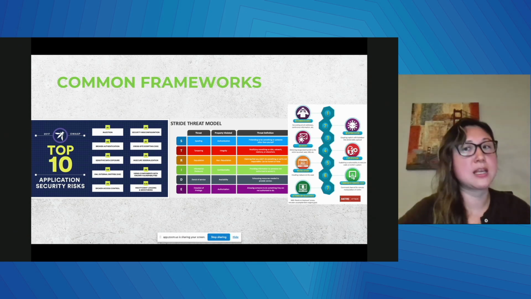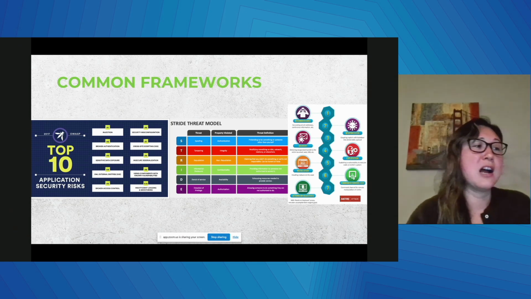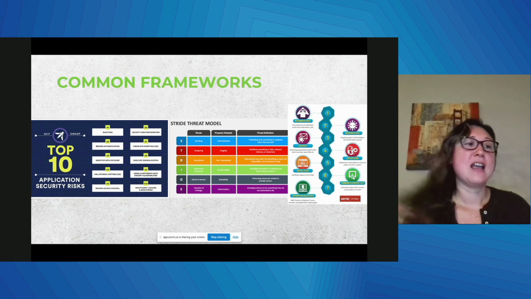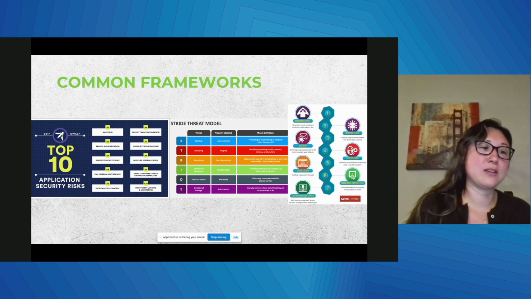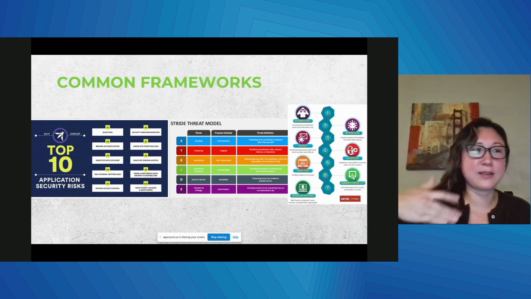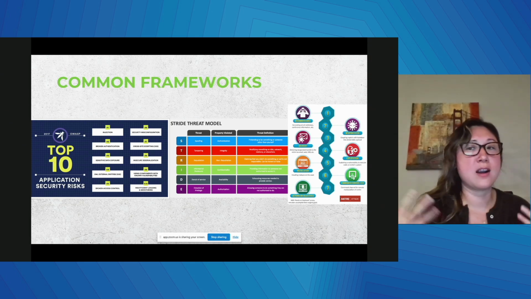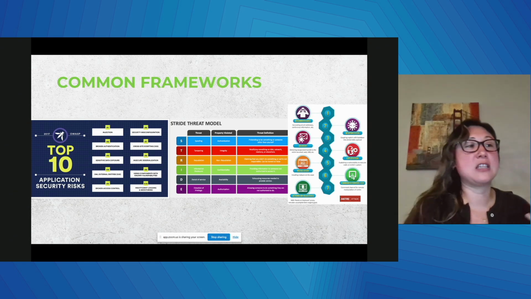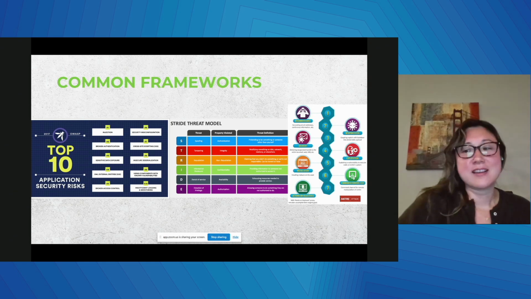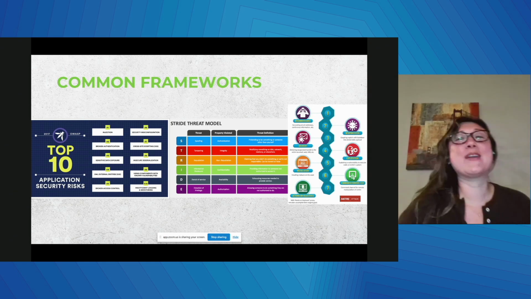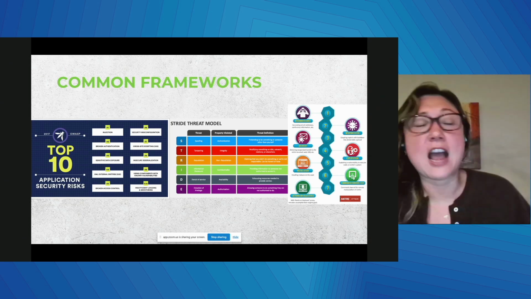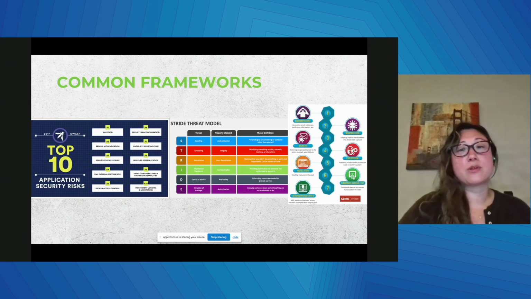And I also use the MITRE ATT&CK framework pretty frequently as well, because that's like the federally funded research and development center from the US government. And it is one of the areas of research in cybersecurity to create this amazing framework. And a lot of the customers that I actually also work with are in the government space, and they like to use MITRE ATT&CK. So it really depends on what you're building and what kind of framework to use. And I would absolutely advocate for using more than one.